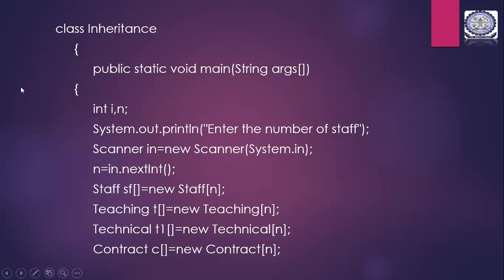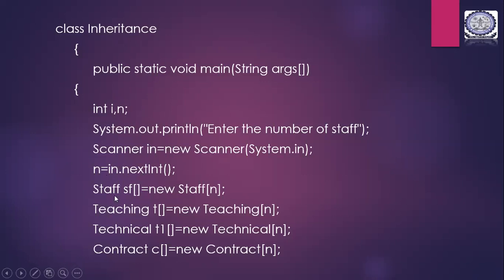You ask the user to enter the number of staff, and this is again where the Scanner is taken in. Scanner can be given first, and then you can ask to enter the number of staff. It is not that you have to first put in this statement. In this statement, you can put Scanner in is equal to new Scanner, and then ask enter the number of staff. So n is initialized with the value that the user puts in. Next int, because n is int data type, you are taking in dot next int.